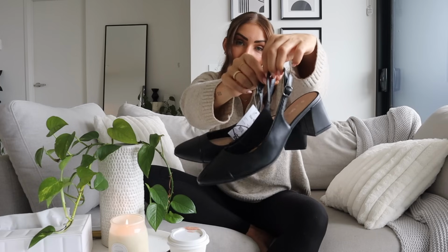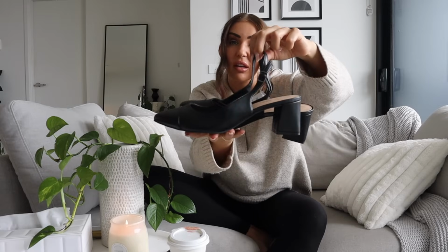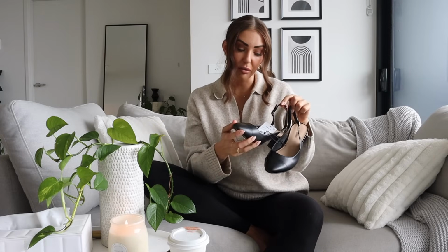This is a bit of a rogue item that made its way into my cart, but I have always wanted a pair of slingback heels and they just never quite fit me right. I don't know if they're just a little bit too narrow in the toe or the slingback portion on the back of them feels like it's falling down, but I just thought these ones are the perfect height and they were $22. They're in a really beautiful looking synthetic leather and they also had a different color as well. But these fit me perfectly, and for $22, they are going to become my new favorite work shoes,